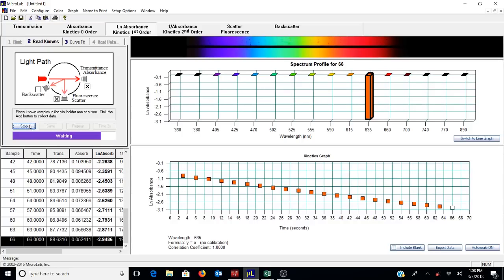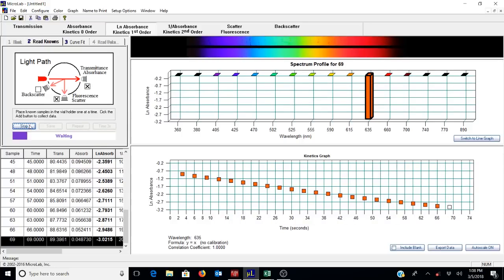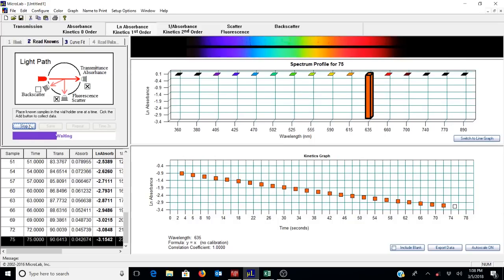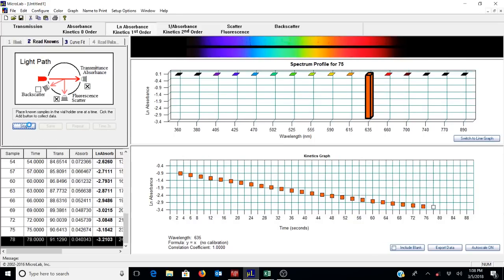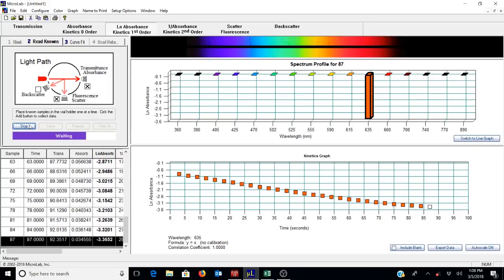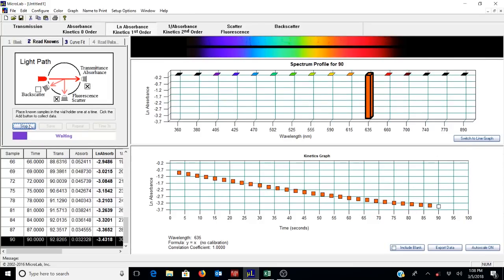It's currently more than 2/3 of the way through. You'll see that these are each quicker than the last, and you'll see again the graph is appearing pretty linear because I have the ln of absorbance selected. The ln of absorbance in this case does not tell us anything about the reaction order of the bleach because the absorbance is only related to the concentration of the dye. So we need to let this finish and then do the math that Colin showed us to be done with our answer. So if I click stop,